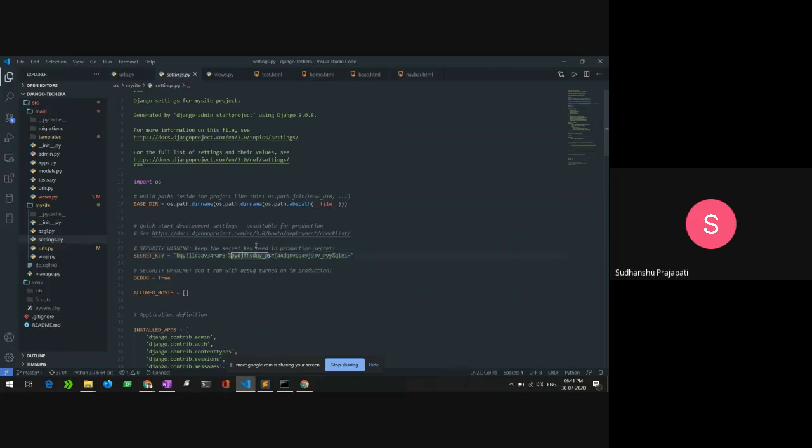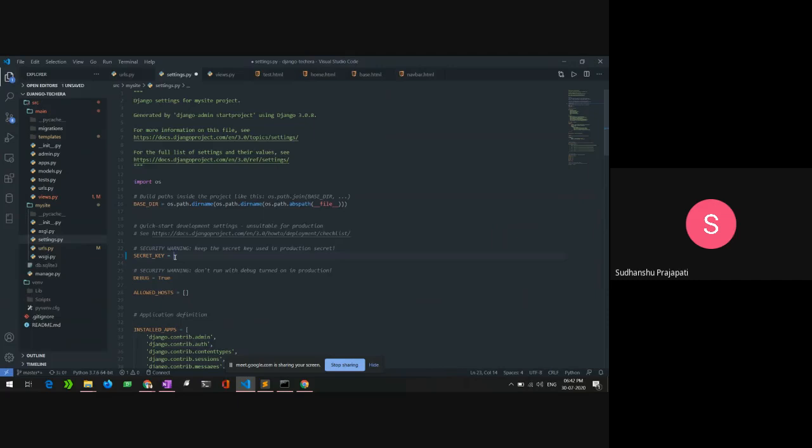This should be kept secret during production. For now, we are just learning about Django, so I don't care right now. But in production, you need to set this key inside the environment variable.